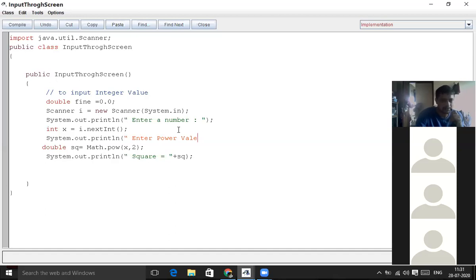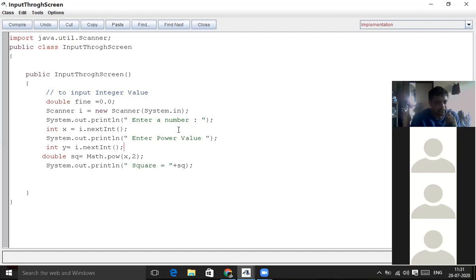When you write the power value, you will actually not be doing the square. So it will be int y equal to, and how to get the value, you can see over there it's already written from the object. I have to call nextInt, which is a function of our Scanner class, and then that function is executed with the help of the Scanner class object I, and here instead of giving the 2, I can give the value as y. So here x, y, and this is not a square.